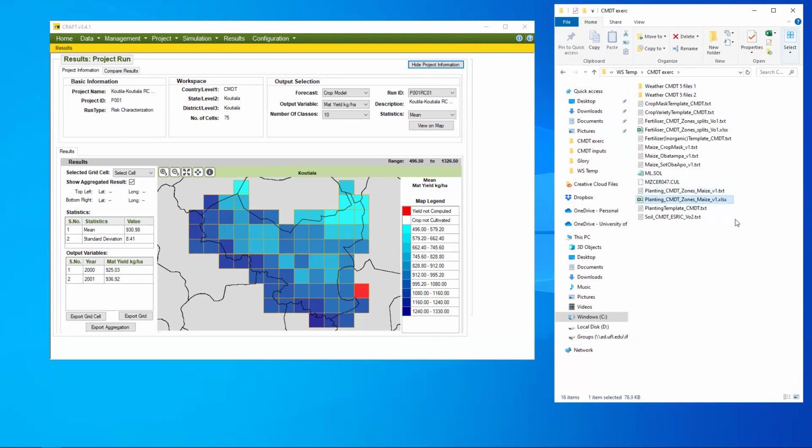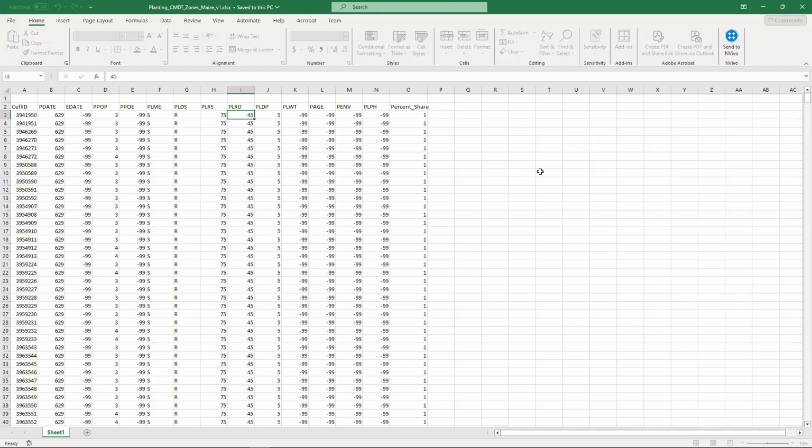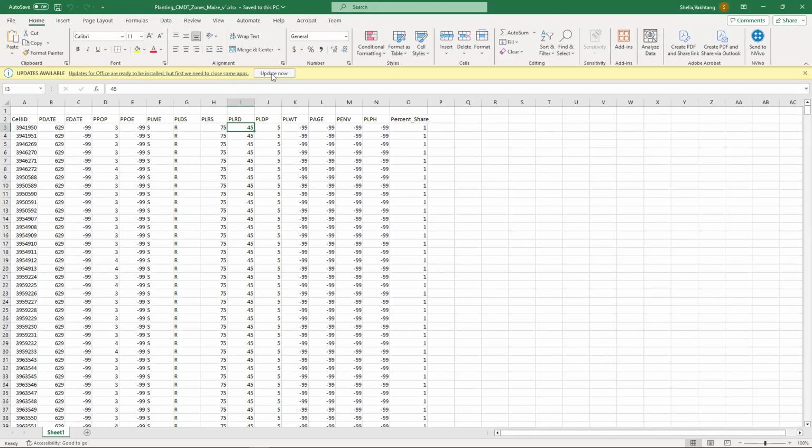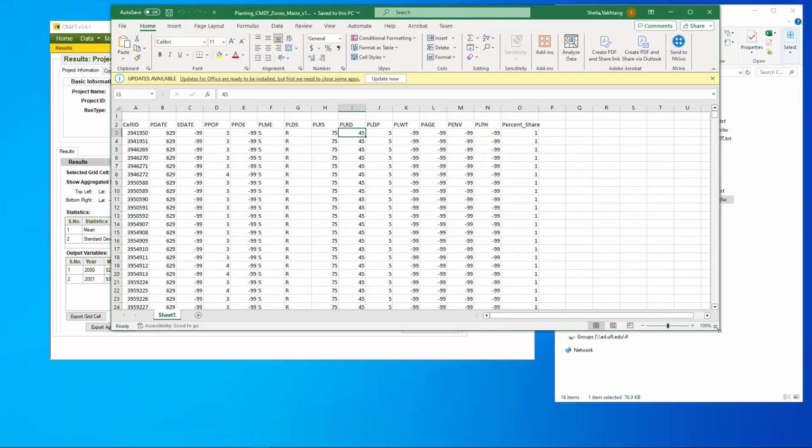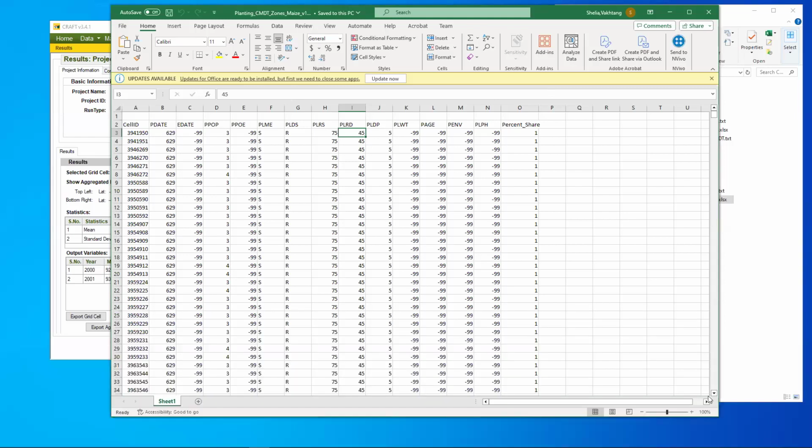Let me open the Excel file just to show it, it's more clear. You see Excel sheet? Yes, it's open now. Okay, so this is the Excel sheet, and I just used it to show differences, how it's different from the one we did. So the one from the interface applies all planting settings to all the cells. In this one, prepared using ArcMap and assigning different grid cells different values, you see the cell ID